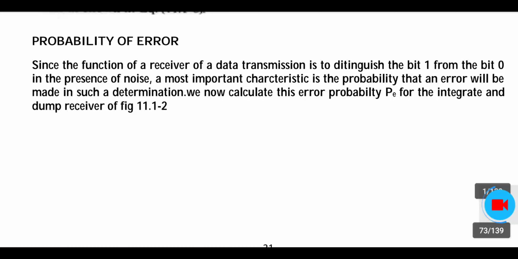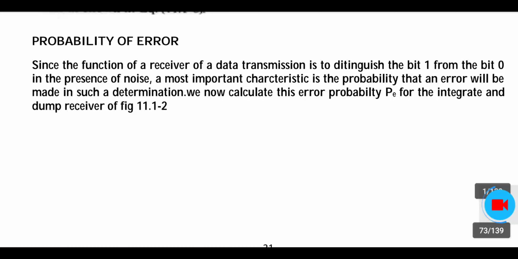Yesterday we discussed data transmission of binary, how to convert binary information to transmit to the receiver. Today we will discuss probability of error: how to identify the error, how to define the probability density function, and how to calculate it. Here the data transmission is either a 1 or 0 bit, but you can transmit binary information step by step, that is, a 1 or 0.